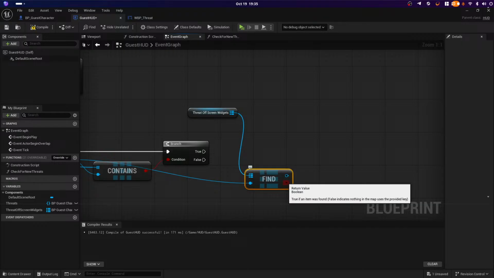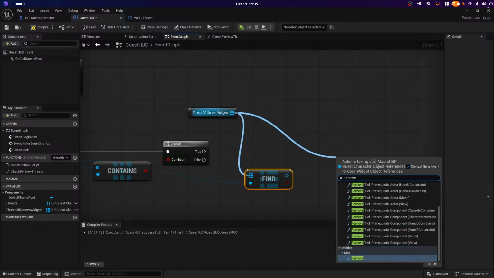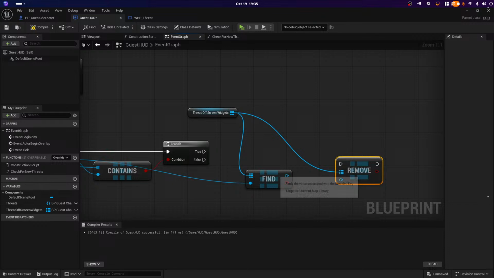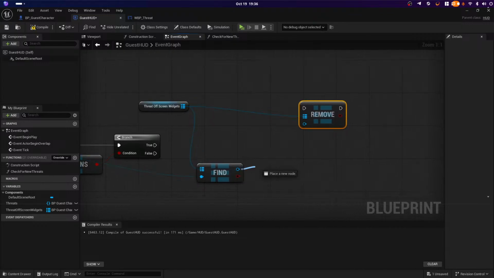If the item was not found, we don't need to do anything. If the item is found, we need to remove key value. That's for later. We need to, first of all,